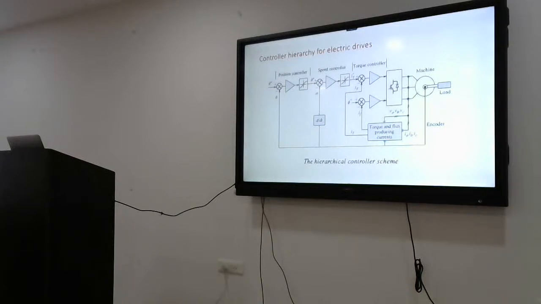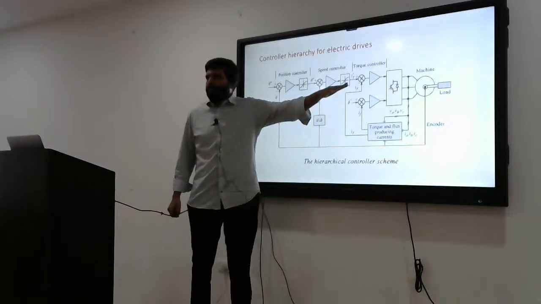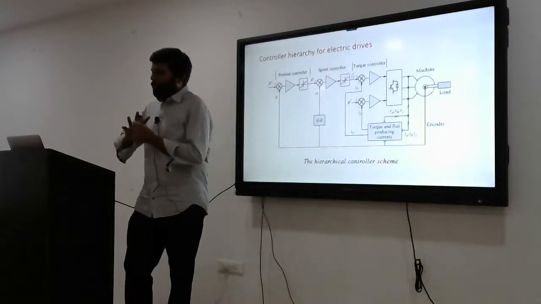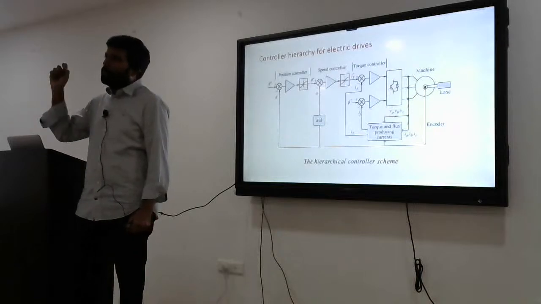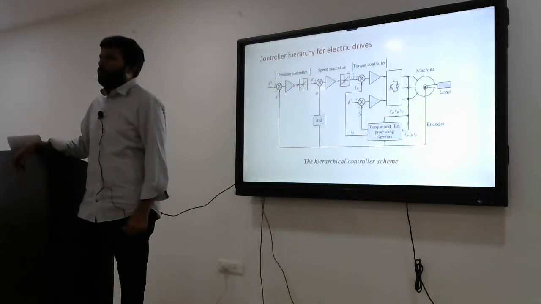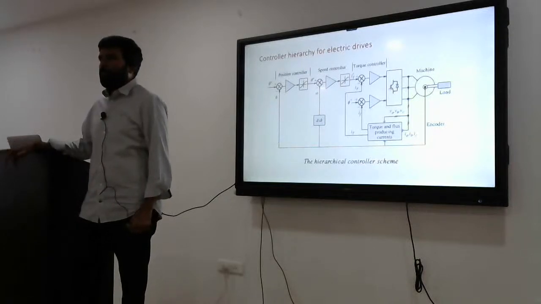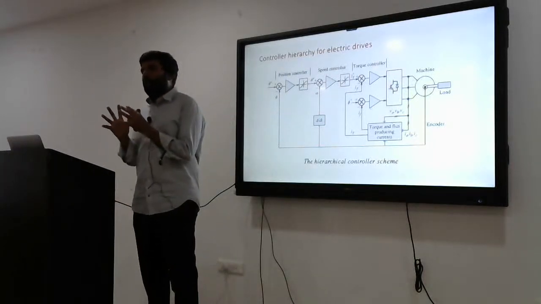The main object of this path is torque controller. The main object of this path is flux controller. Now the question is, okay, torque is mainly responsible for changing the speed or changing the position. Why do we need to take one more path for controlling the flux? That is my question. Please try to understand, this is the standard block diagram common